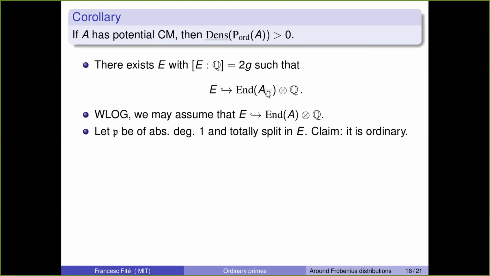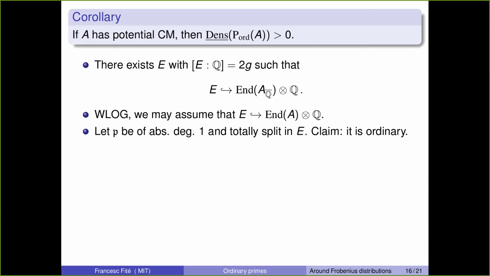So what does it mean that A has potential complex multiplication? It just means that there exists some number field of degree twice the dimension that injects into the geometric endomorphism algebra of A. And as we have argued already before, without loss of generality,